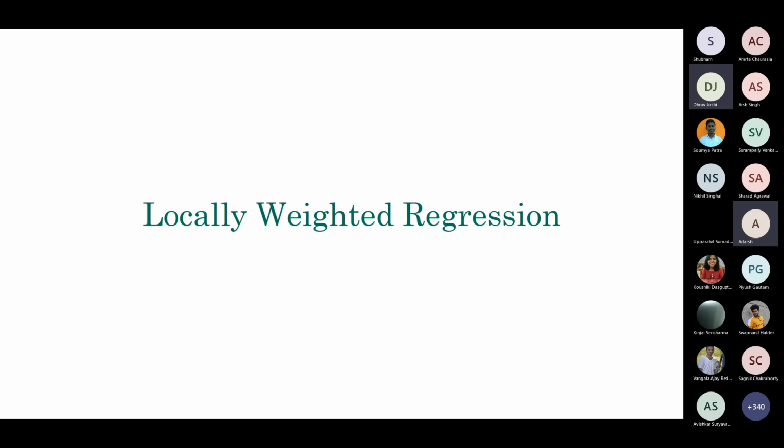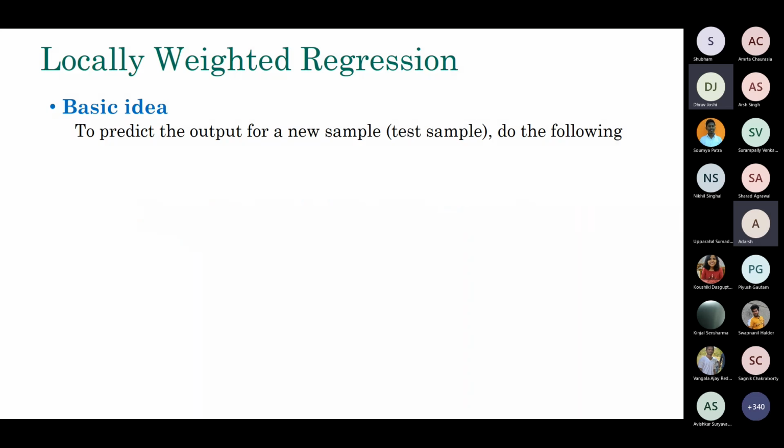Now, what can we do about it? We know that linear regression has a problem, although it is very simple. Non-linear regression also has a problem. So what is the solution to address some of these problems? The solution, I would say, is not foolproof, but a relatively better solution is called locally weighted regression. As the name suggests, the regression is done through local weighting of the samples. So let's look into it.